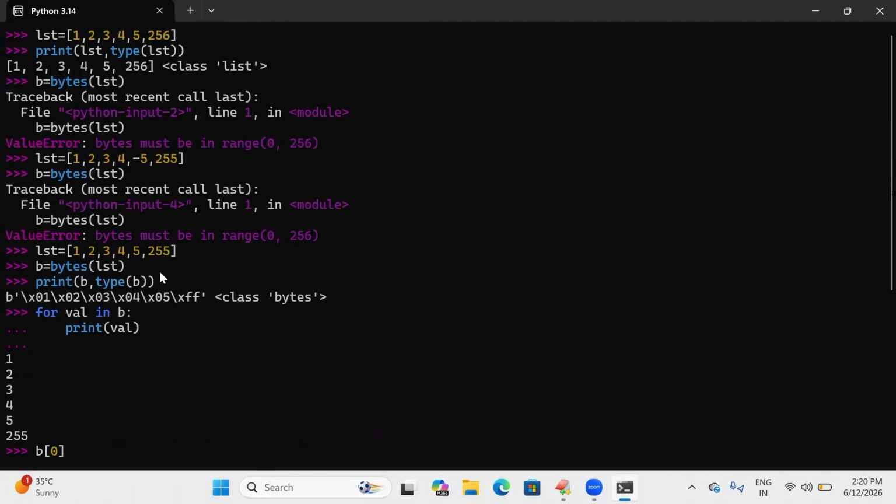So this is all about the bytes data type. WhatsApp uses these bytes data types in order to provide end-to-end encryption. Not only WhatsApp, any chatting application will use these bytes data types in order to